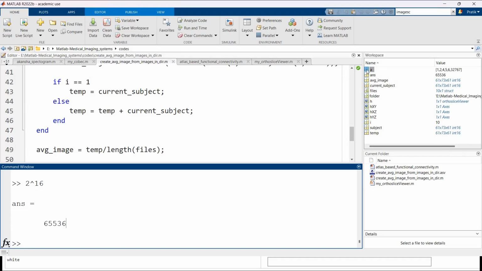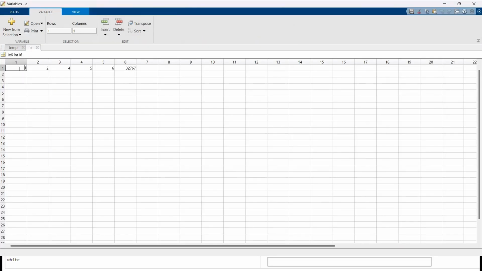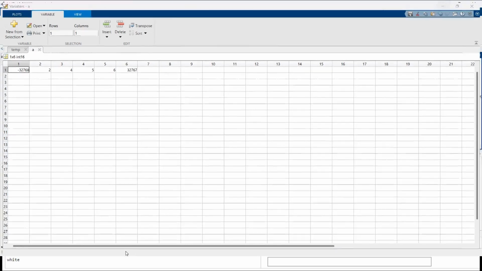Okay, let me just do this. So if I have a big negative number, oh, that's not a big negative number. This is a big negative number. So there you go. The minimum possible number that you can have in an int16 is -32768. This is not visible, but just believe me on that. So this is minus 32768, which is actually